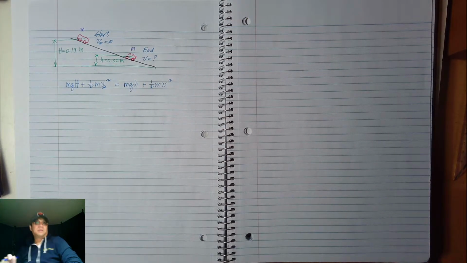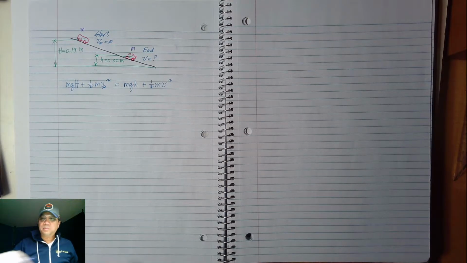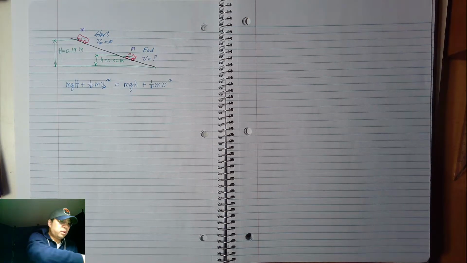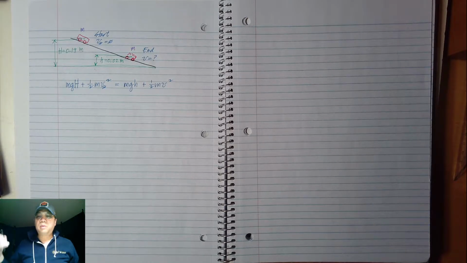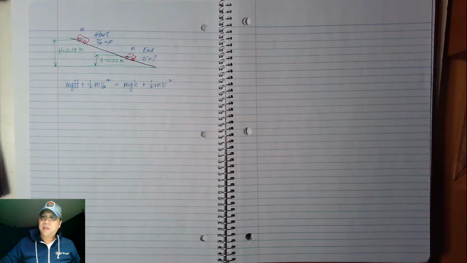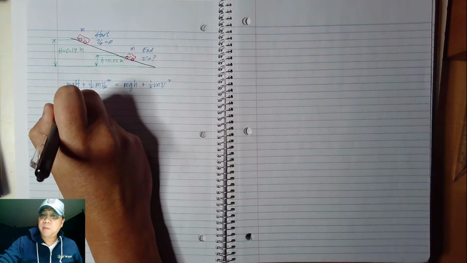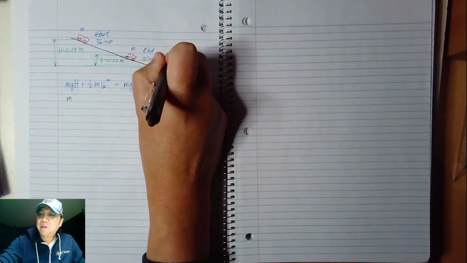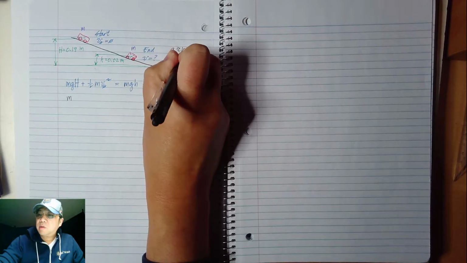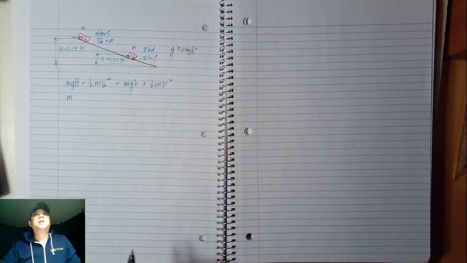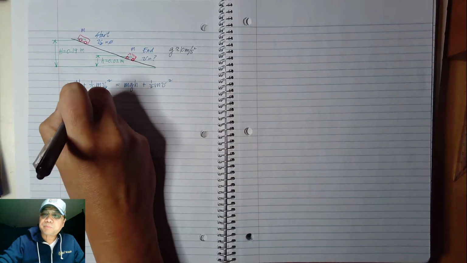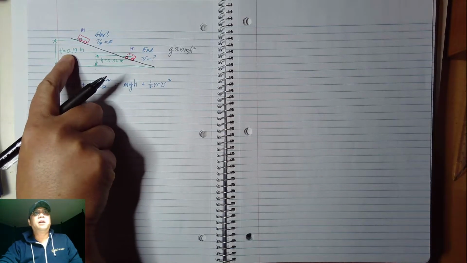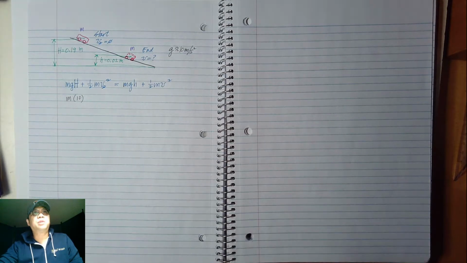for the velocity. So why don't we apply this concept and see what is the velocity of the car when it reaches that point. So let's just plug in the values. We don't know the mass, so let's put mass m. g is the acceleration due to gravity, where g is assumed to be 10 meters per second squared. So let's put 10. Plug in the value of the higher h, which is the starting h. So instead of h sub 1, we're using h to represent the higher h. And that is 0.19